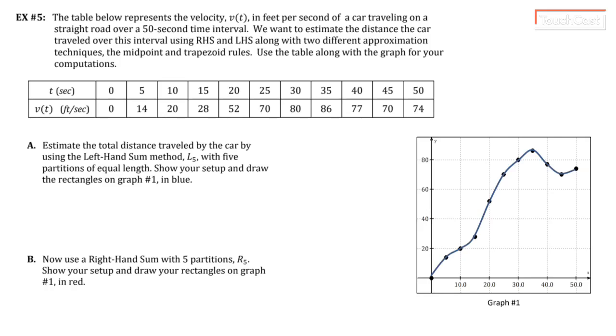So since we see that our endpoints are 0 and 50, we want this to be in 5 partitions, so that means our delta x is going to be 50 minus 0, so 50 over 5, so our delta x is going to be 10. And we're doing left-hand partitions, left-hand